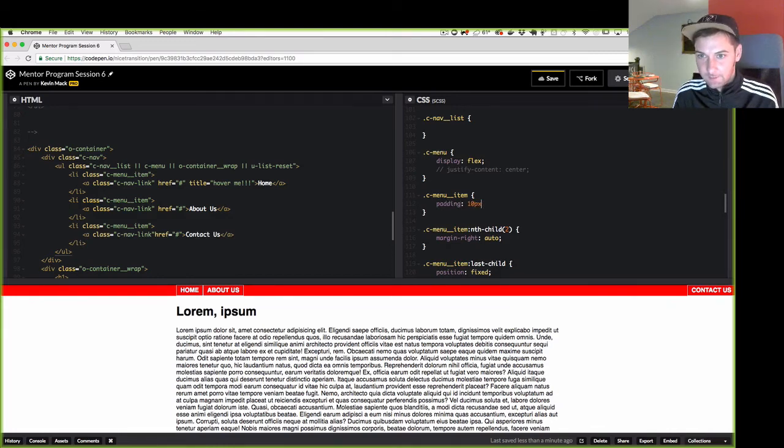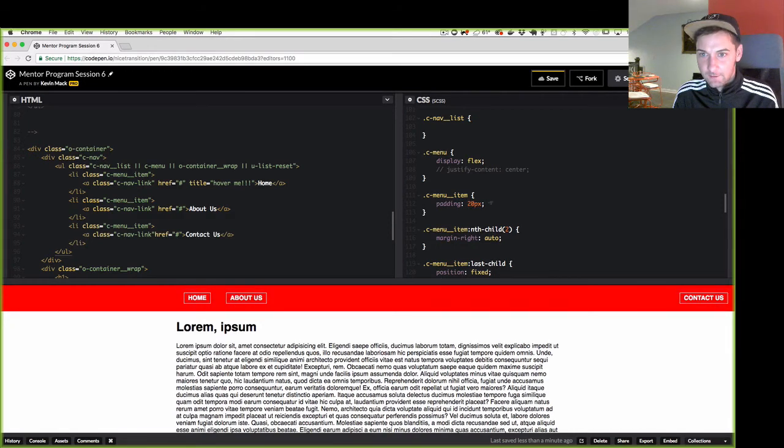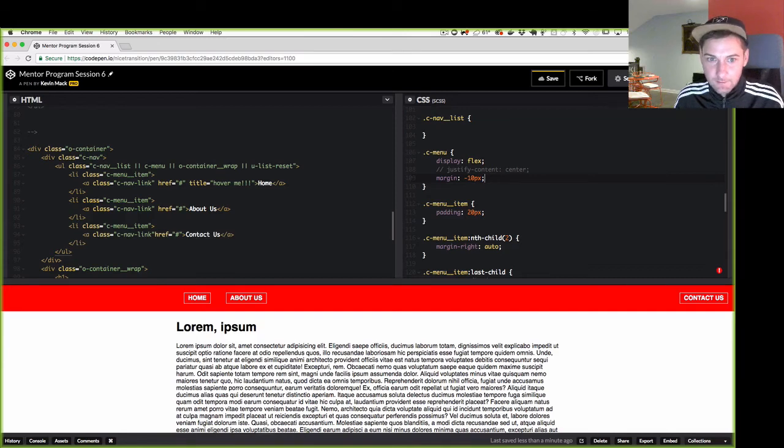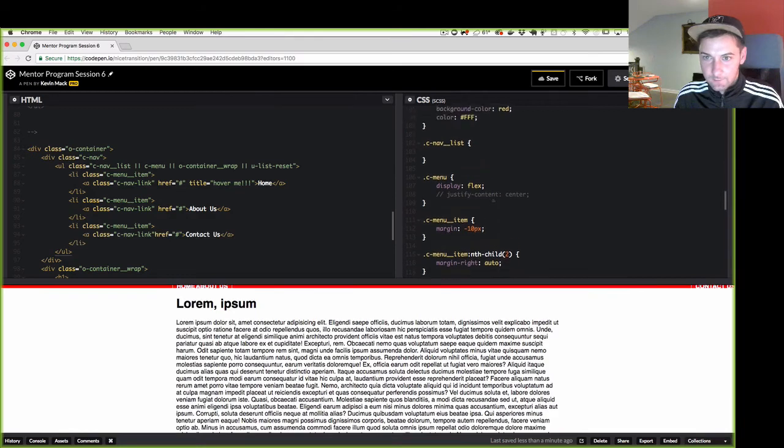And then let's also add one more thing here. Padding, 10 pixels. Let's actually make it be 20 pixels. Oh, and then let's do this. Margin, negative 10 pixels. Oops, that's not going to work. I need to have one more. Let's do negative 10 pixels. And then let's do